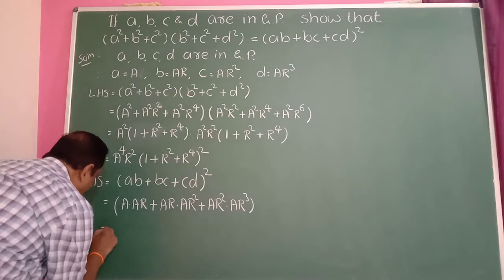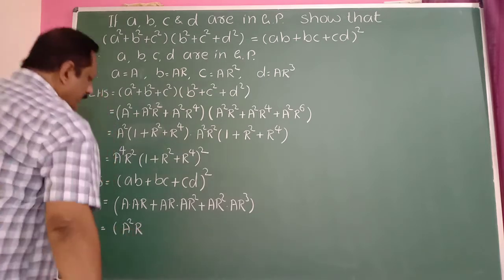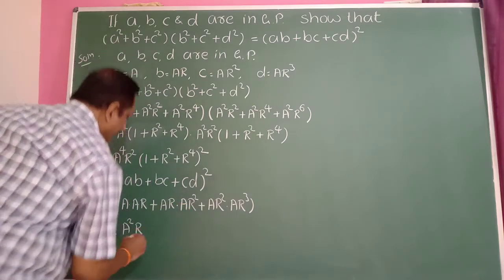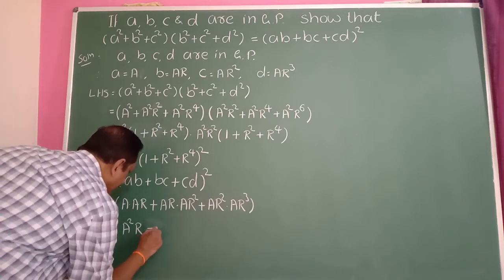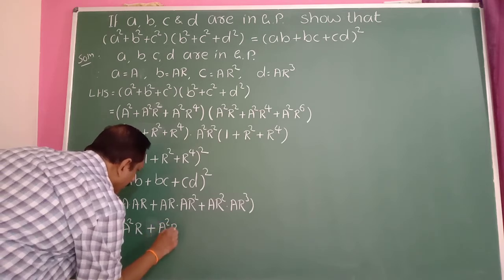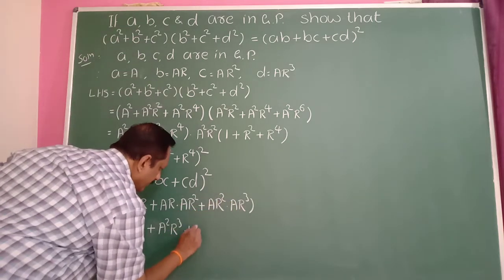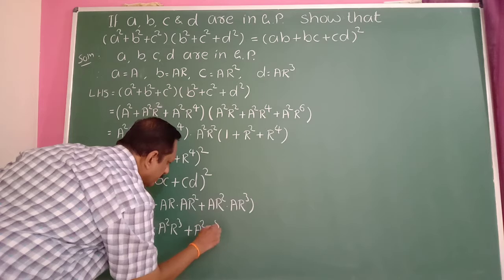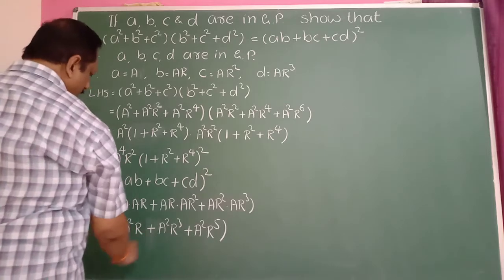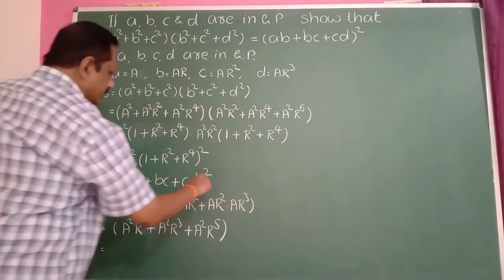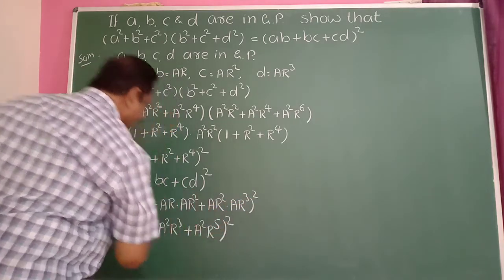Therefore, this is equal to a into a becomes a square here. A square r. Then a square r cube here. A square r cube. So middle plus sign is there. Then plus a square, 3 plus 2 becomes 5, a square r raised to 5. Okay, 3 plus 2 becomes 5. Then a square into r common factor here. And it's a square is there. So that is important. Take here square. Okay, this is a square is there.